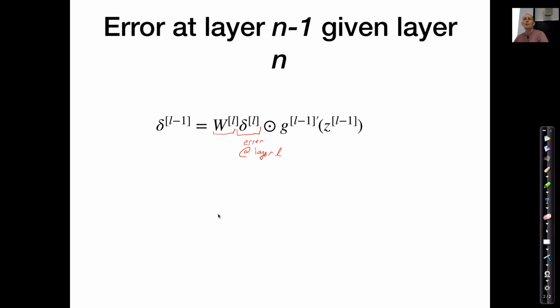So let's think about that. So basically, this is the weighted error, right? We've got an error at a given layer, and we need to know, okay, what's the error at the previous layer? Well, if there are a lot of high weights between here and here, then our error is going to be bigger, right? Because we're magnifying